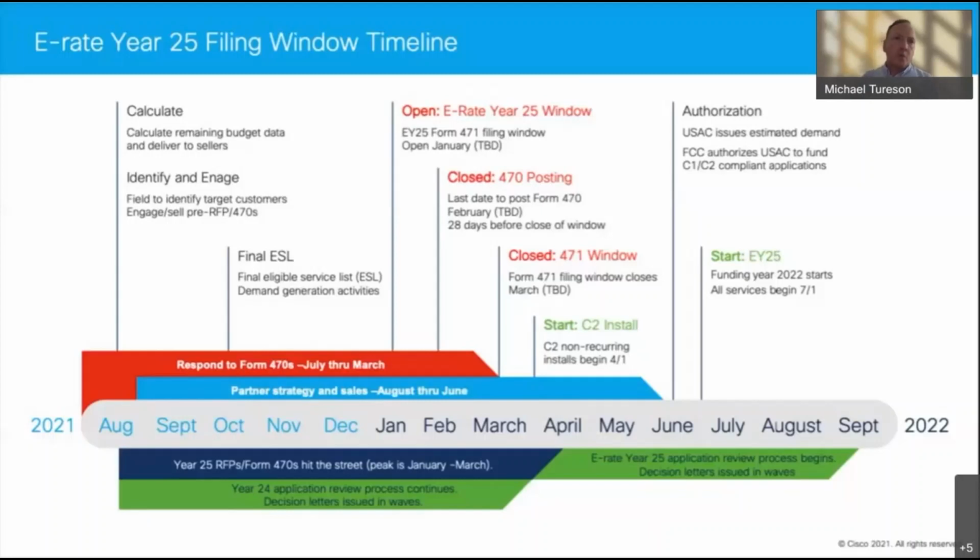And so as we look at timelines, after that evaluation, in the August, September, October timeframe, you want to start putting together your RFP so you can release it around the November, December timeframe. So right in these windows right here. And then once you've completed those RFPs, you'll want to